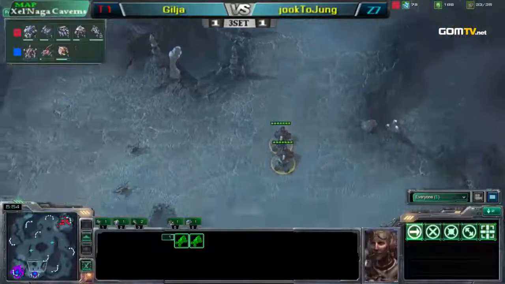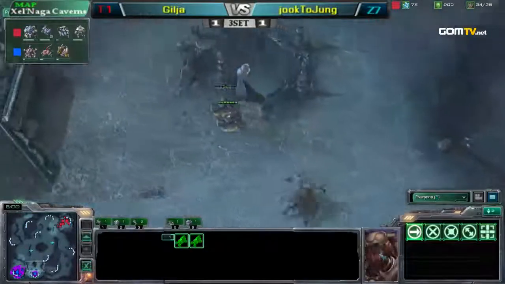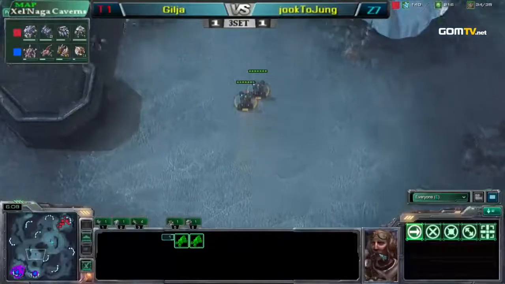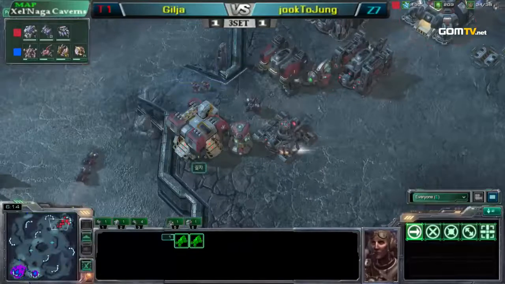Remember, last time, Gilja waited till he had 4. This time, coming out with the 2. And the Queen, doing the best he can to defend, does not want to let him go up that rampway. That would be disastrous. Yep. And successfully defends that. Going out with the first 2 Hellions, even though he didn't do damage, he forced an